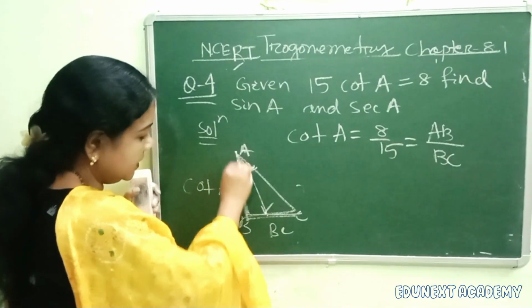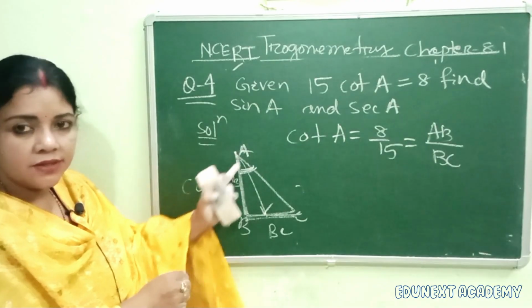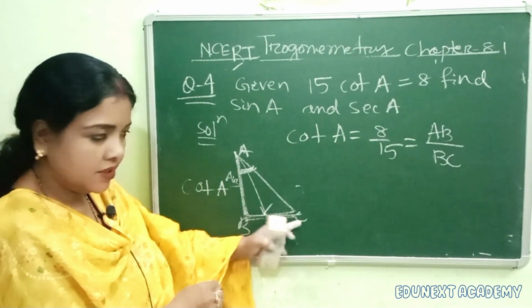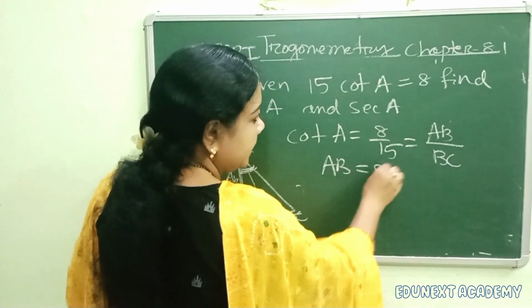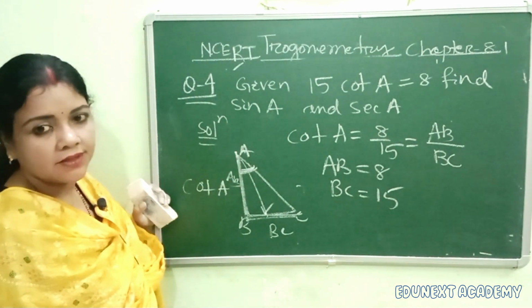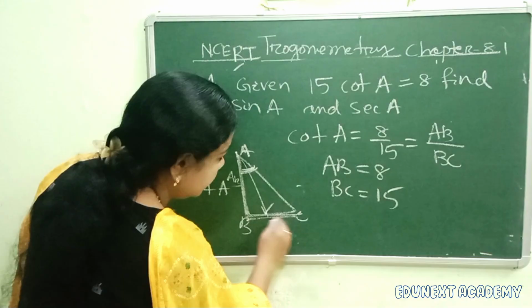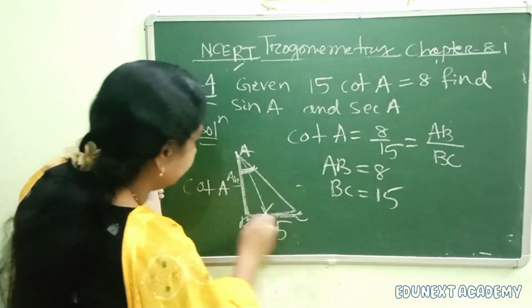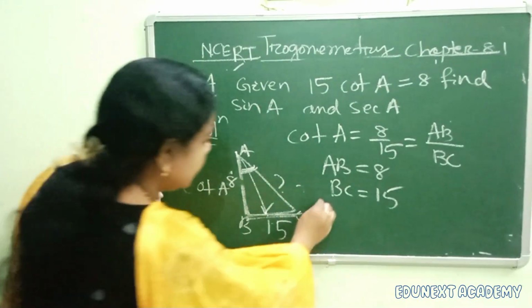So AB is equal to 8 and BC is equal to 15. Then you can find the hypotenuse, that means AC is equal to